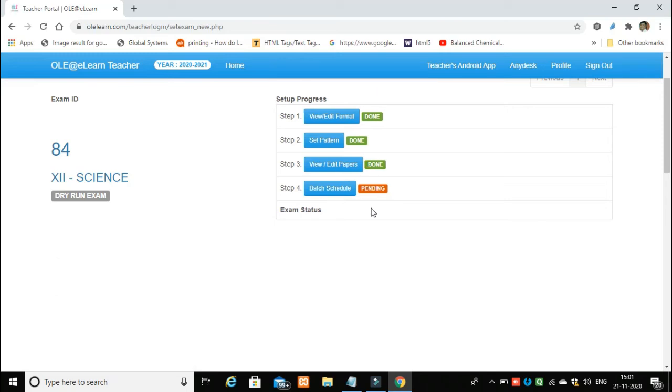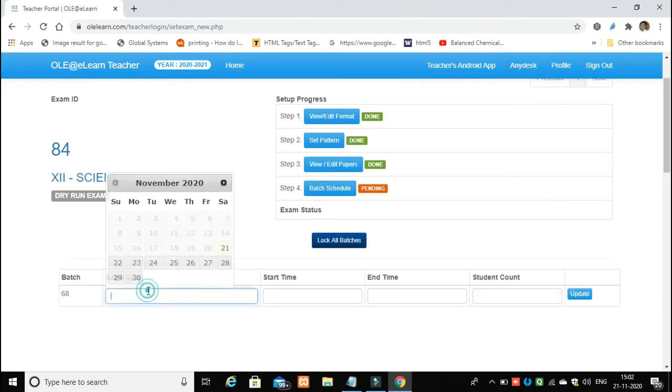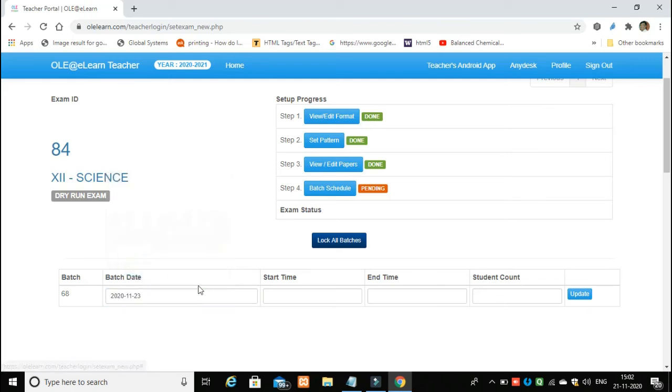Now, dear teacher, we don't have any student over here, so we'll not be able to create an examination and take an examination because batch schedule cannot be made without students. So I'm just putting a fictitious date over here for examination. Say examination was on 23rd. Start time is say 12 o'clock.